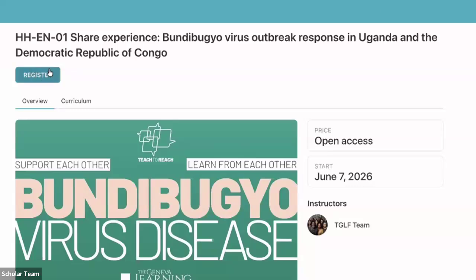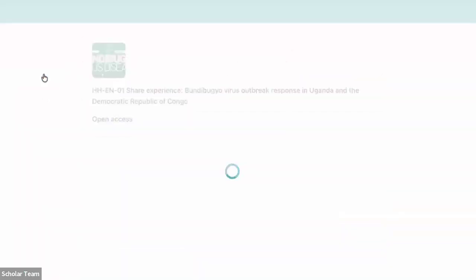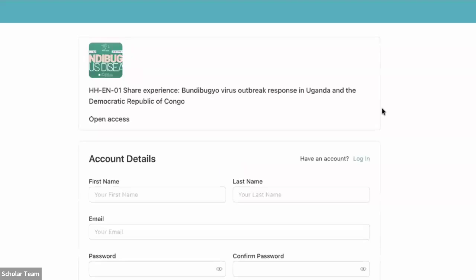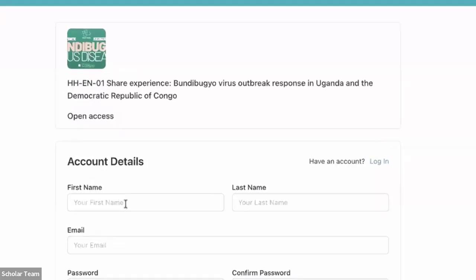So the next thing is you click on register. So I'm going to just click on the green register button, which is here. And at this point, I want to make a pause. Why? Because there are many colleagues that come back to us saying, I tried to enroll for the course, but they said my account, my email is already taken. My email is already being used.